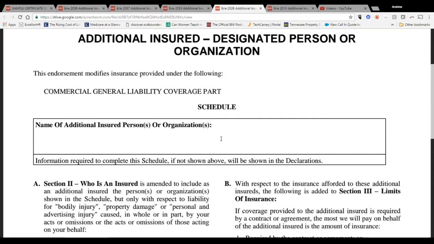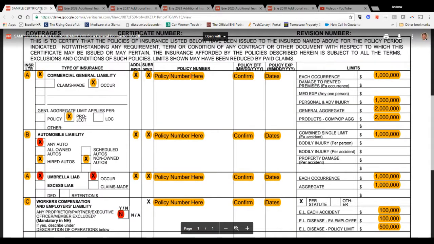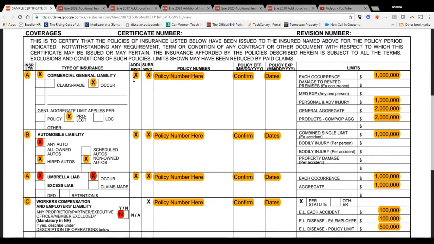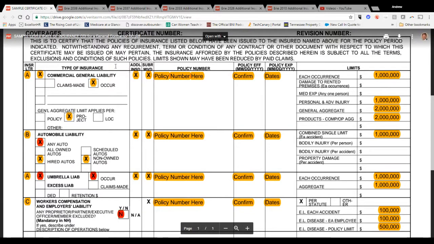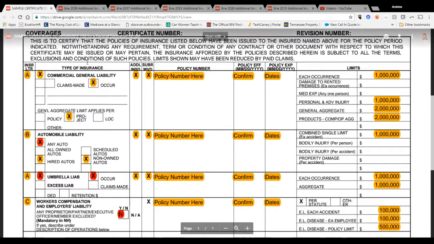The thing is that the two things that we get across is, one, the person who's asking for their certificate usually doesn't even know what they're asking for, and number two, they're asking for additional insured, they don't know what they're actually asking for, because it's someone that just is pushing some paper trying to match things up. And the other thing we get is the certificate. They want everything listed on this certificate. And again, go back and watch my video on why certificates are worthless, but don't worry about this so much.